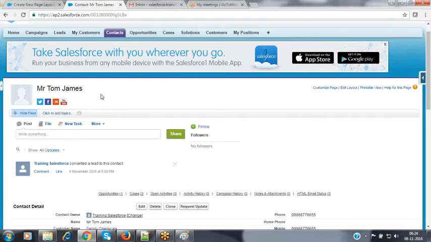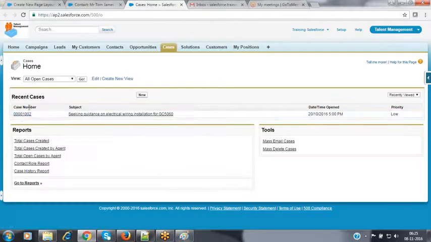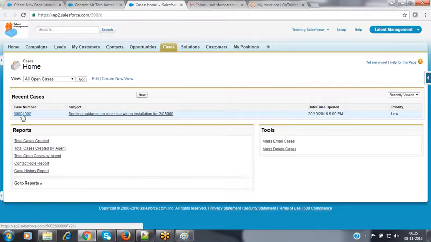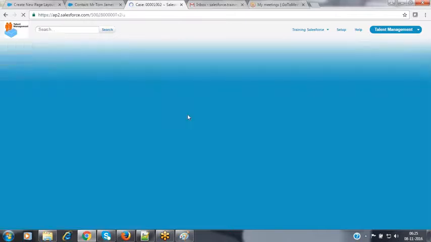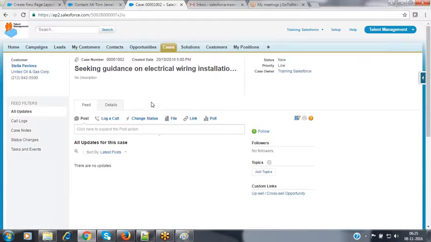Now, for example here, when I click on case, observe how it will look. I want to open an existing case record here. Click on the case number in order to open an existing case. Automatically the case record will open for you. Now where are the case details here?